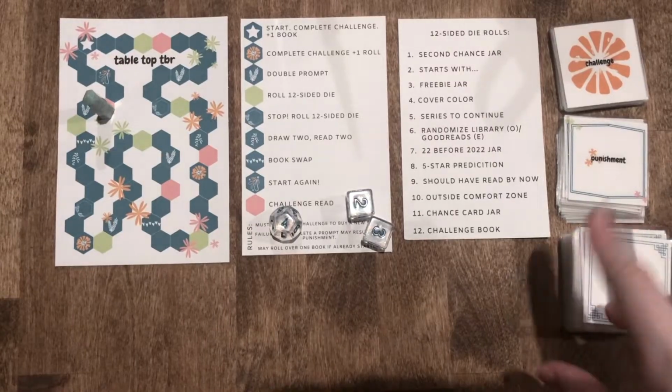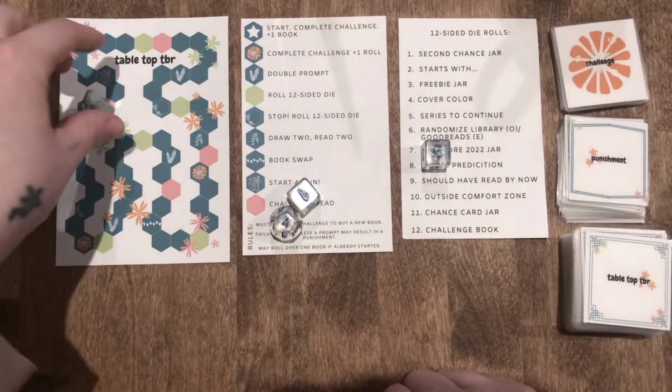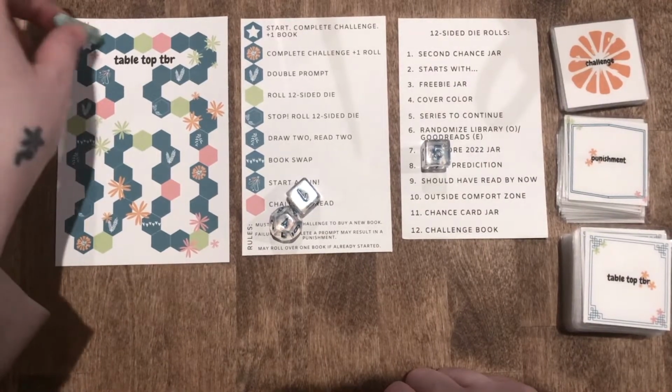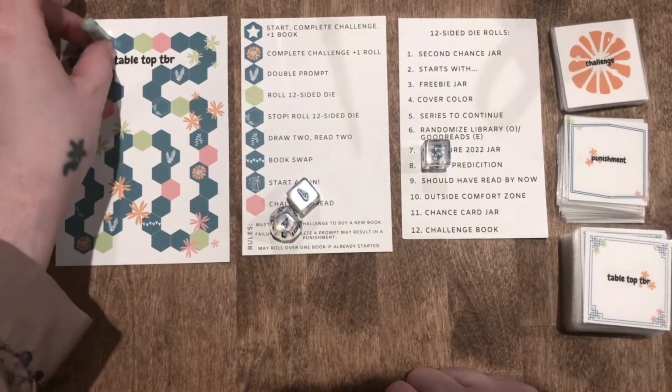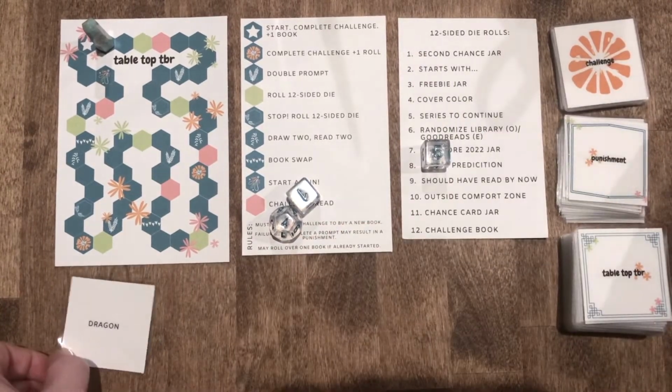We're doing our December tabletop TBR game and it has been newly renovated completely, so let's just get into roll number one. Roll one with my new cards. Roll one. 6. It's a regular dragon. Number one is Dragon, and I chose another Patricia Briggs novel, so it is Fire Touched